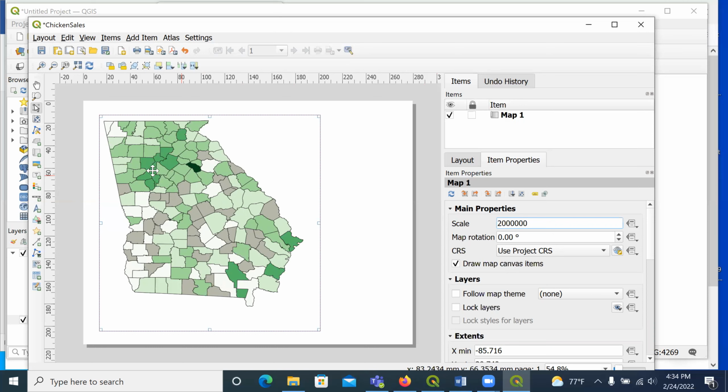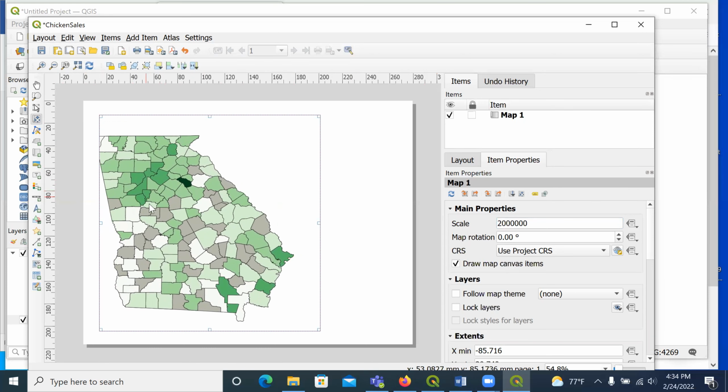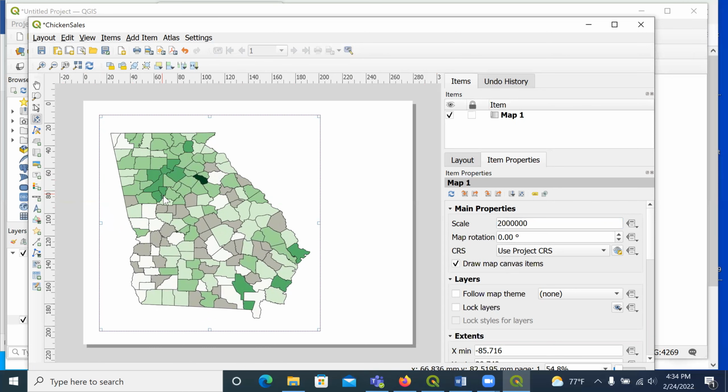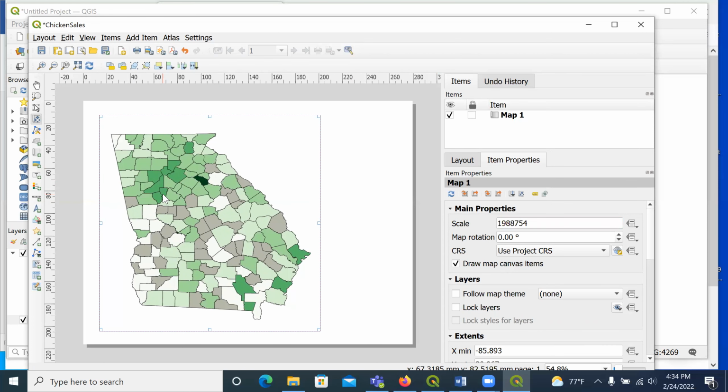We can readjust the content here by using this page with the blue arrows. That will let us grab our map and reposition it. It's going to change the scale for some reason, but